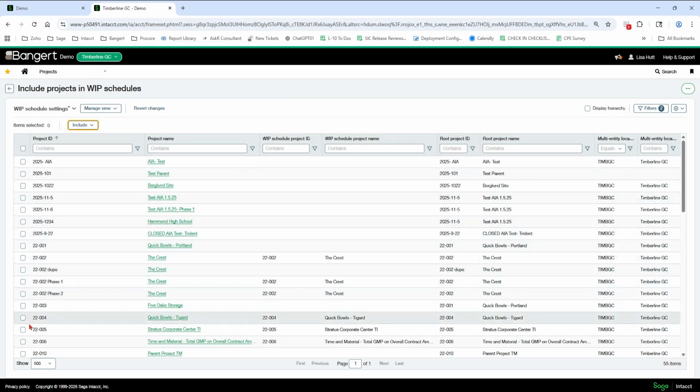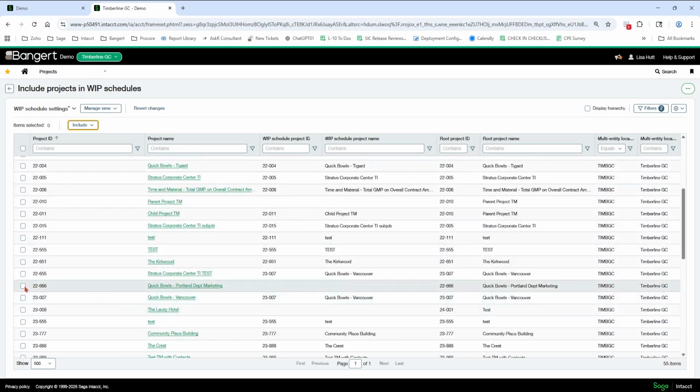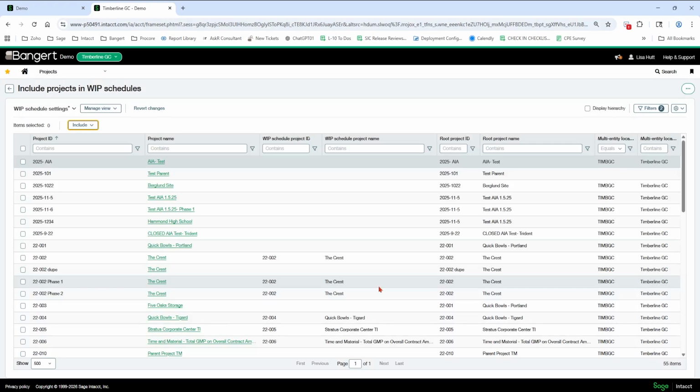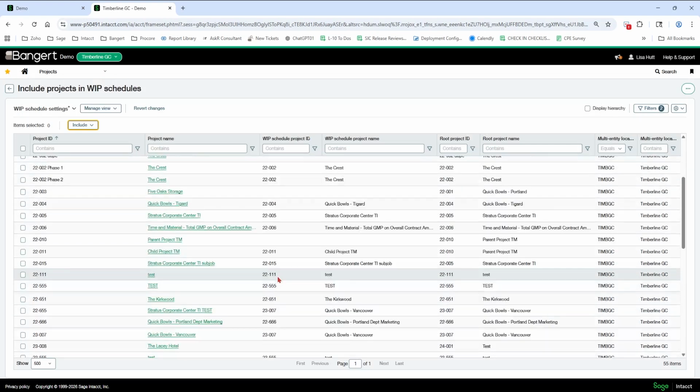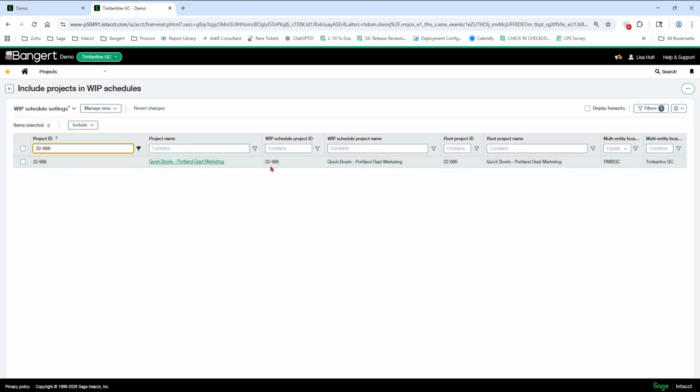So let's say I want to include, let me scroll down a bit here. Let's say I want to include this job here in the WIP schedules because it's blank right here. So you see it's not included here. So if I want it to be its own line on the WIP schedules, I need to do this top option here where it says include on its own line. So I'm going to click that and it's going to fill in these two columns right here. Okay, it brought me back up to the top. I'm going to scroll down and you can see that is filled in. Okay, obviously you can use the filters up here and I'm going to shrink my list down.